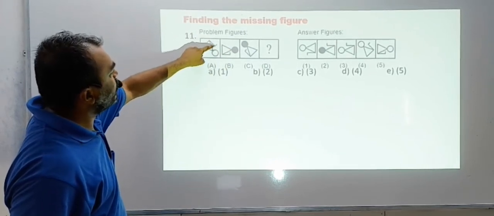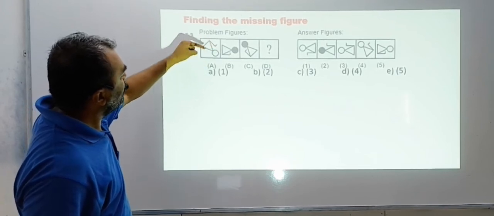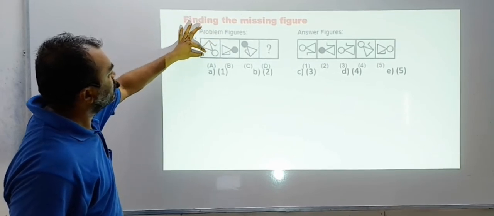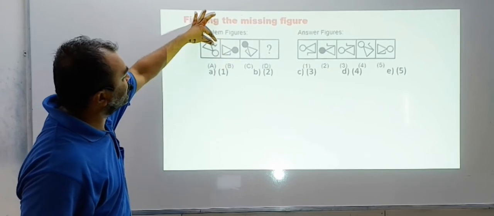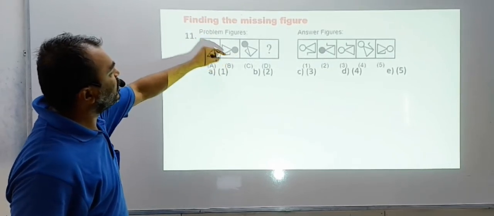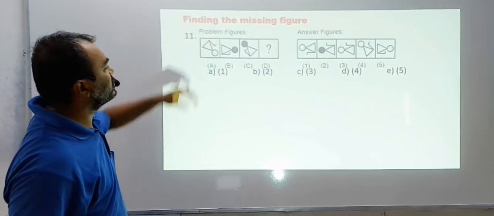But look at this arm here. The arm was pointing outside. Okay? And here the arm has pointed inward. So the arm has just jumped to this side. So this arm, which was pointing outside, is now pointing on the inside. Means this arm has jumped. So circle moves 45 and changes color. Triangle moves 45, no changing color, and the arm changes the side.